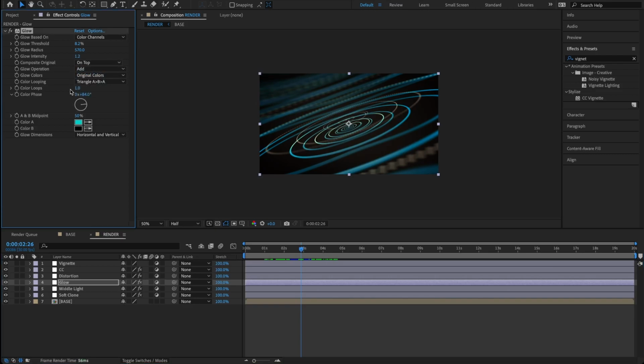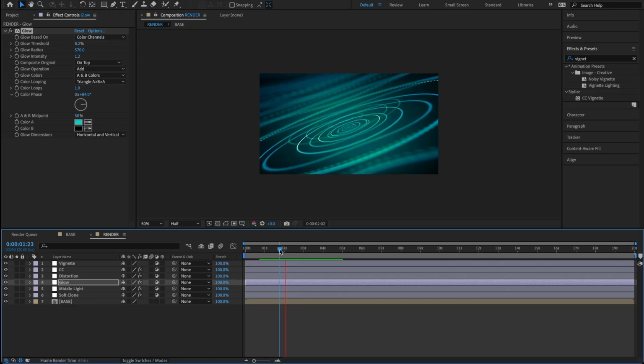And on our glow colors, we have that original color. So right now it's pulling from the colors in here. And we set that teal in our color A and color B. So let's go ahead and change that from original colors to A and B colors. And now we get that nice soft glow coming off of there. If I play through that,